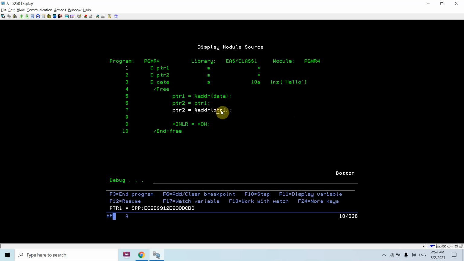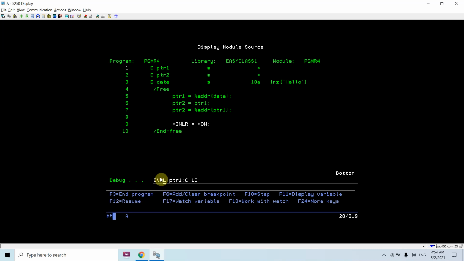So now you'll see ptr1 has this address ending in bcb0, and ptr2 is something like this, bdd0. So basically ptr2 now holds the address of ptr1. Now if you see ptr1:c 10, you will see that ptr1 stores the address of this data, and you can see the data value at that address, that is hello.